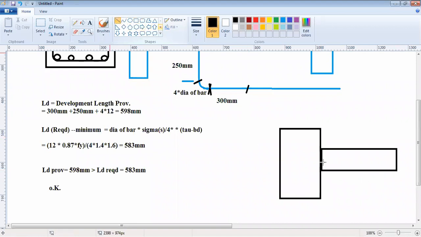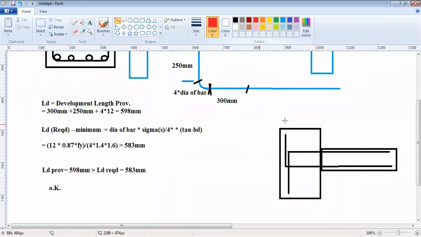How do the stresses tend to occur? There is a bar. First bar is like this, then the second bar is like this. Now, half of the portion of this is going into,